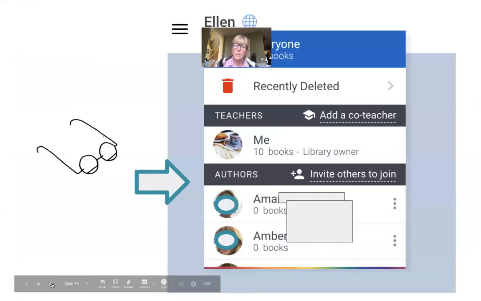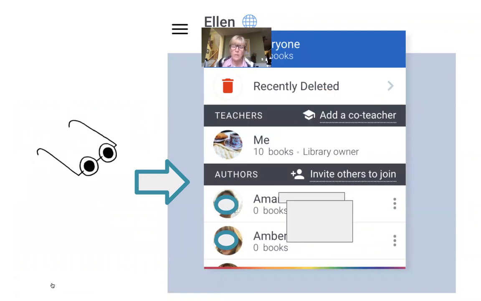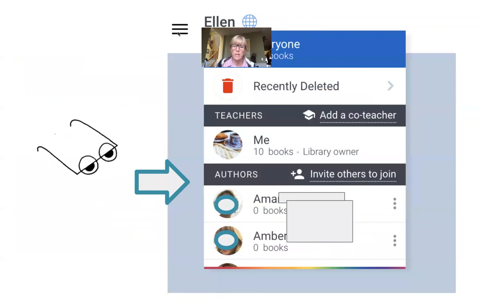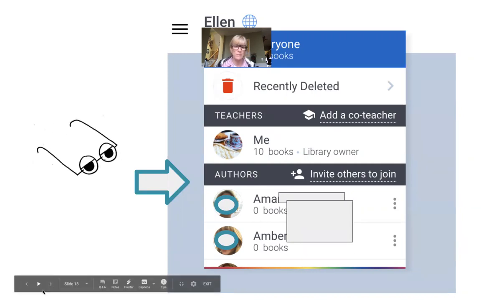Once you have students or have authors in your library, you're going to be able to see where they are. So you can see that I'm in my Ellen WO issue where I have a shared library. And you can see that I could add a co-teacher if I wanted to. So if you had an intervention specialist or an EL teacher, you could go ahead and add them in. But you'll also be able to see the other folks, all your students who are in your library,